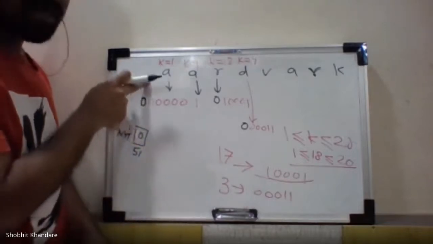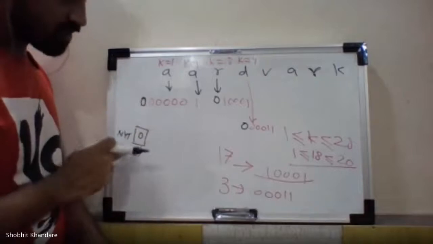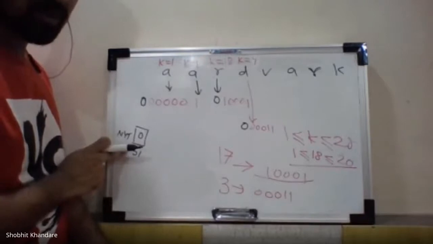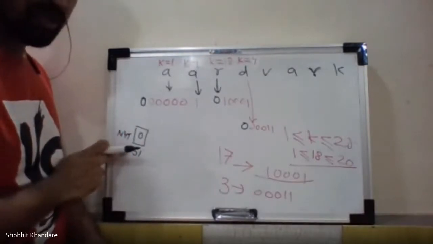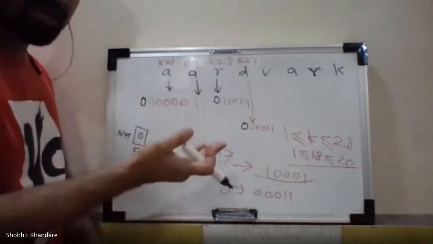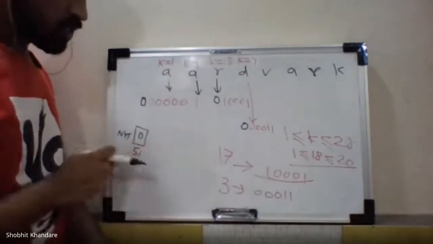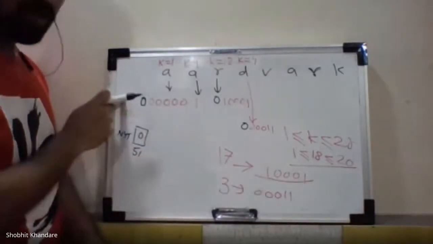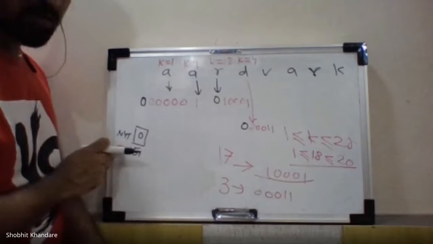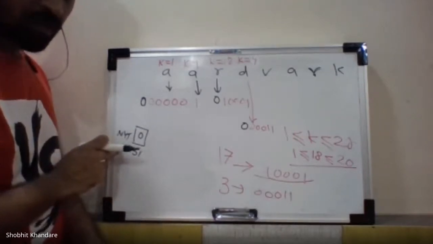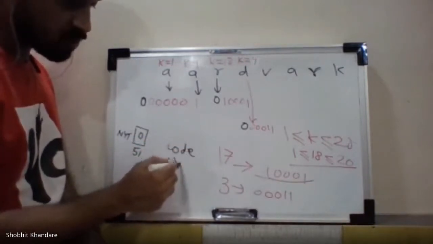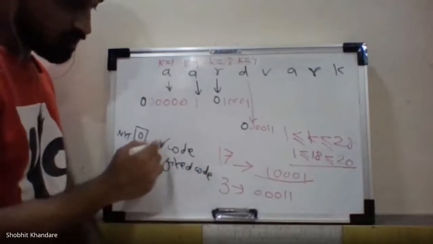So if I am taking A as the first symbol, then I have started with NYT 0. This is my initial node. In updating the tree also, we considered this as the initial node and gradually grew it, with left child, right child, 0, 1 and so on. Here when we have to encode, we also start from the basic initial node. Now if I ask you the code, you have to be very specific. What do you mean by code and what do you mean by fixed code? These are two different things.